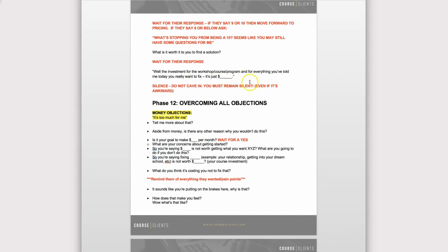And that's it. Say it. If you notice my tonality, you can drop your voice. Well, the investment for my course, Magical Inner Peace, the 6-week system to eliminating emotional baggage and becoming a happier you, and for everything you've told me today you really want to fix, it's just $3K. So you notice my tonality? Notice, for everything you've told me today you really want to fix,